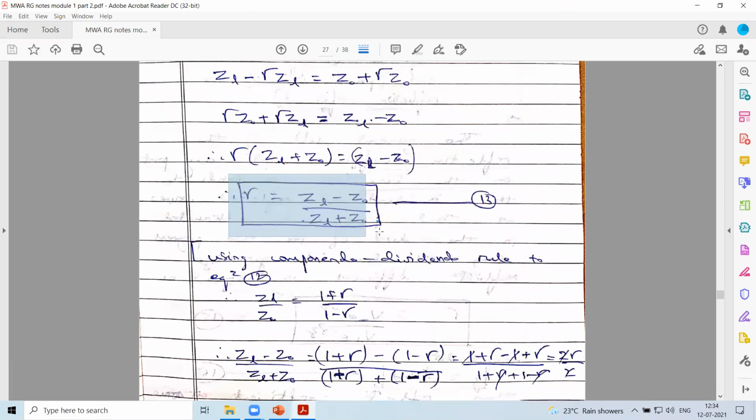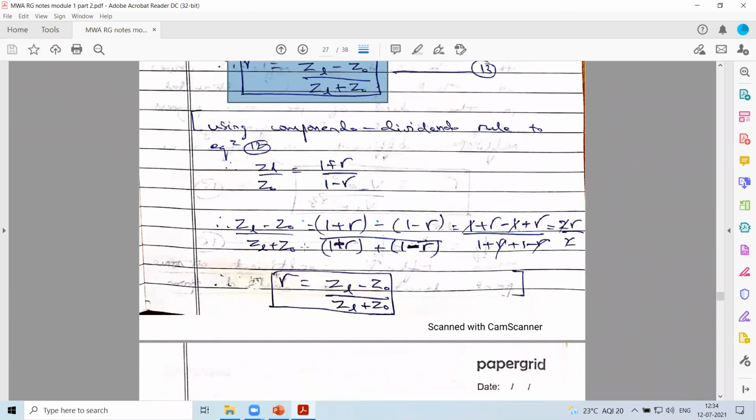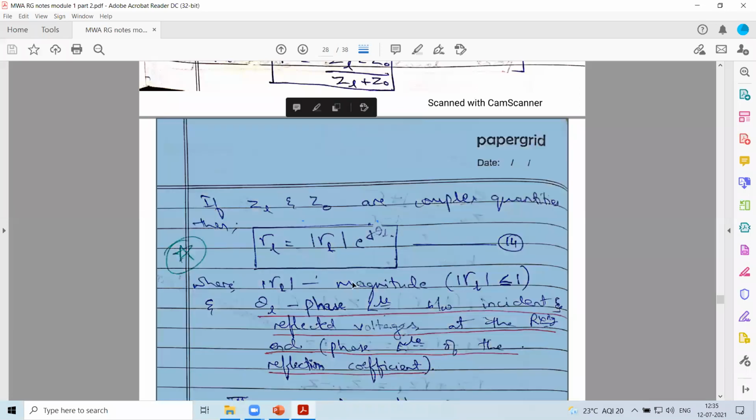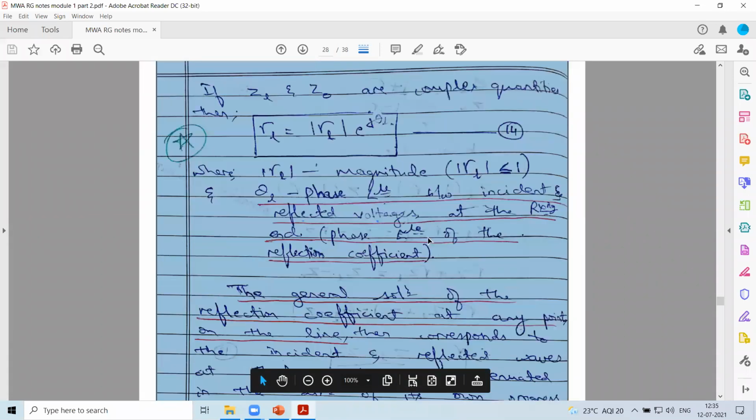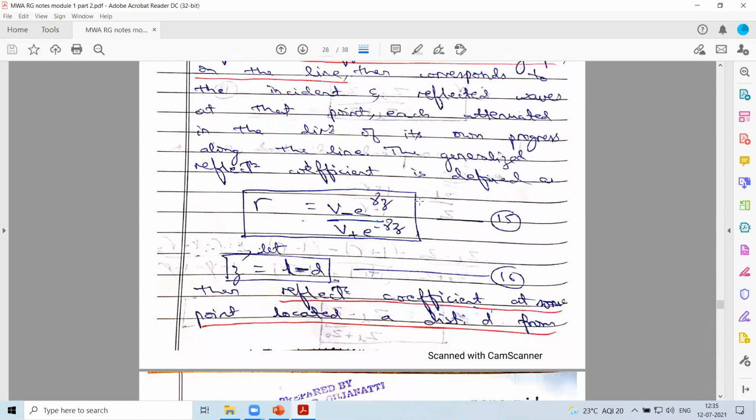We can see that we have obtained the reflection coefficient in terms of ZL and Z naught. Similarly, ZL and Z naught can be represented in terms of the reflection coefficient. Whenever I treat the reflection coefficient, it has a magnitude component and a phase component associated with it. So I can have circles associated with the magnitude representation of the reflection coefficient, and this can be obtained from the graph we'll be observing. At present, I'll not go into an in-depth discussion of these things; I am just giving an overview of these aspects.